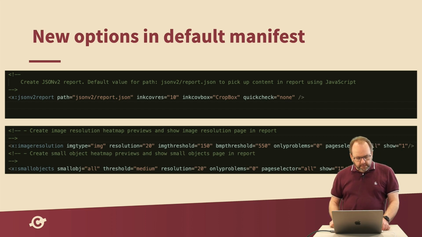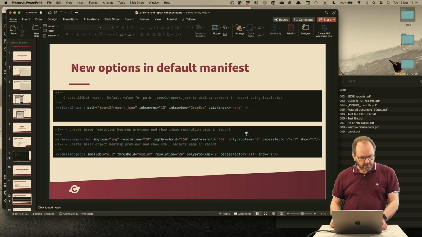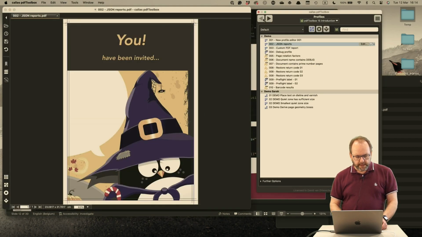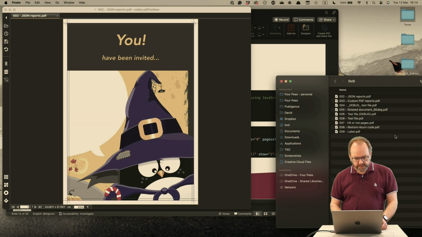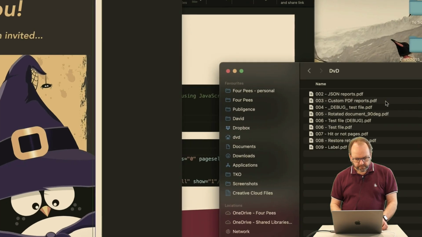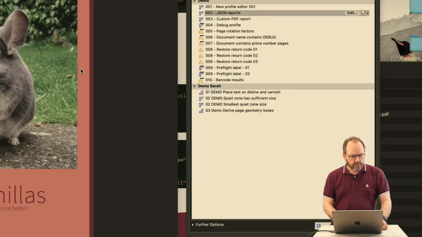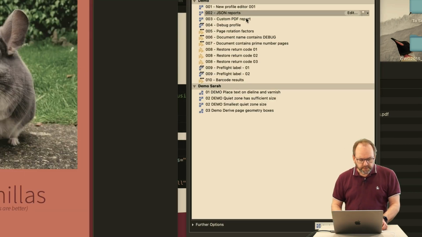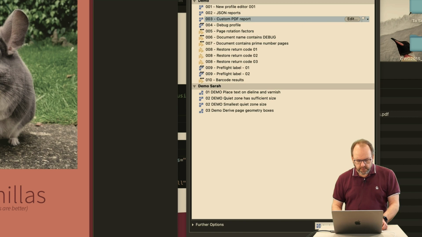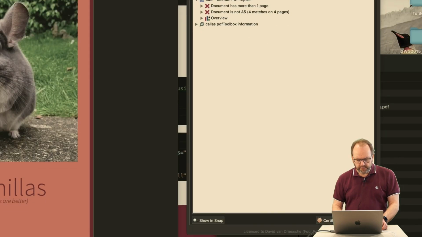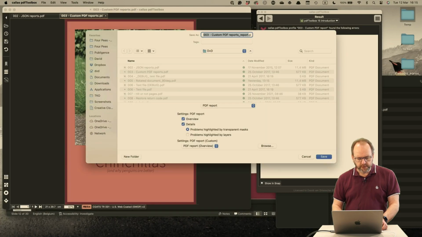And I can attempt to show that. So let's go back here and let's see. I have this file that I want to use, and then I want to run Preflight. And once I've run Preflight, let's not zoom in too much. There we go. Once I run Preflight, I can say I want